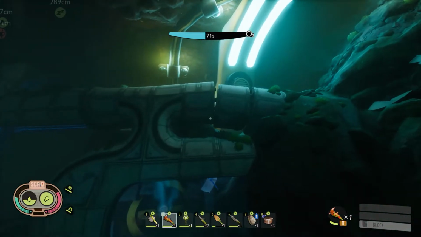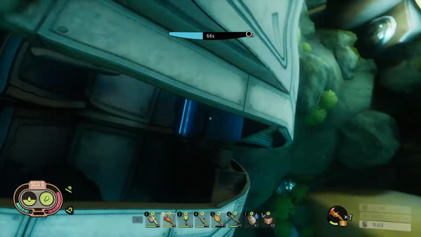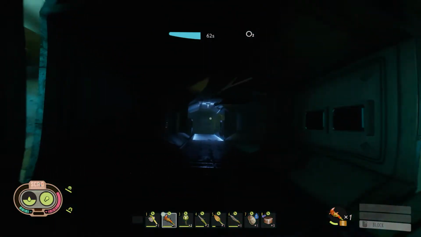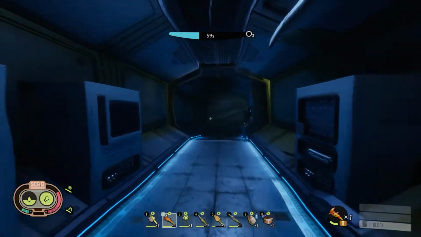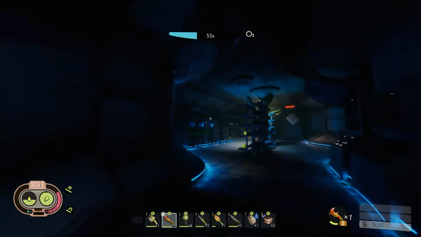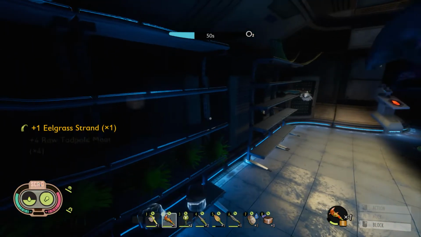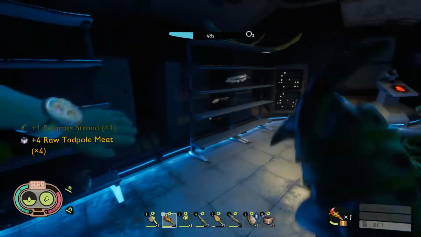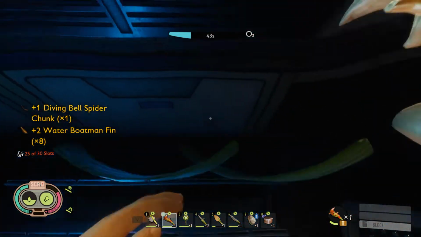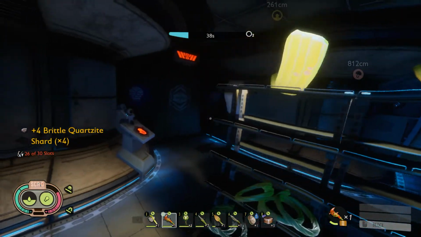Okay, there's this whole flooded section right here. I'm already running out of air, which is not preferable. I need to just find some sort of air pocket down here, because there's a lot of stuff down here, but you can't actually do anything with it if you're dying constantly, not diving. I know technically we are diving, but...